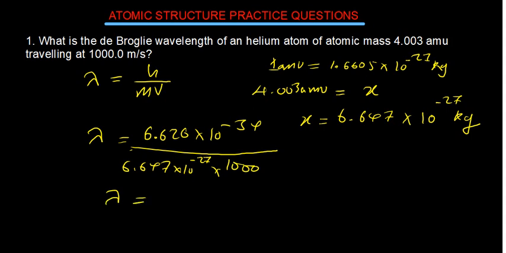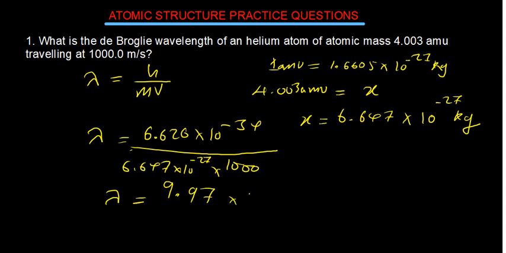In the denominator, if you multiply 6.647 times 10 to the power negative 27 by 1000, you should get 6.647 times 10 to the power negative 24. And then we get 6.626 times 10 to the power negative 34 divided by the answer that you have found. So the de Broglie wavelength we should be able to get is